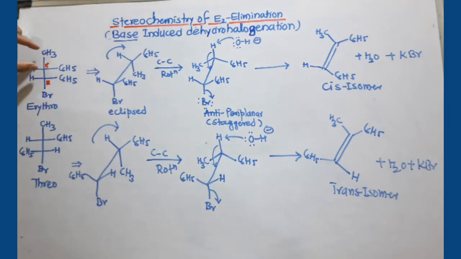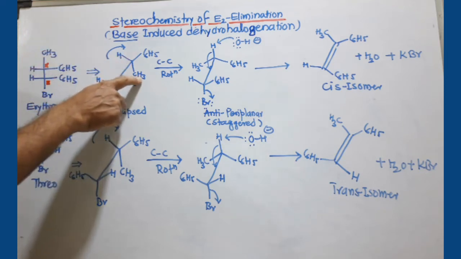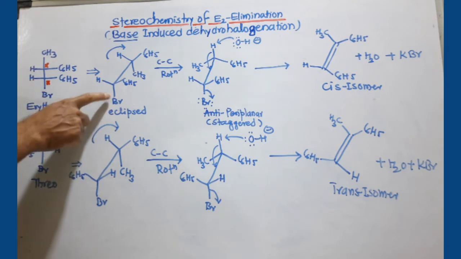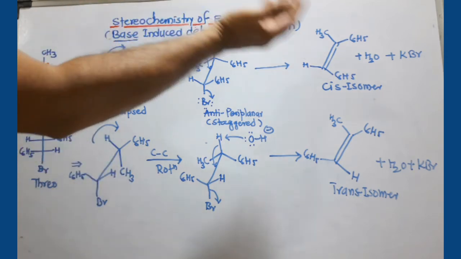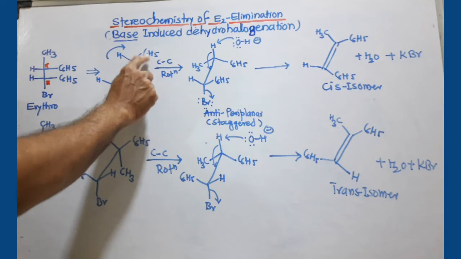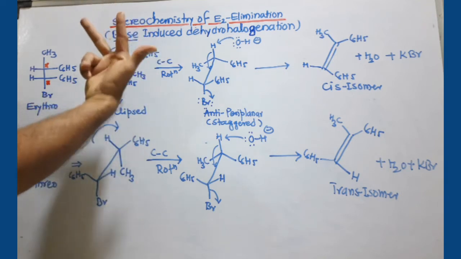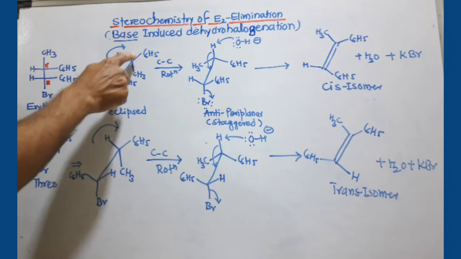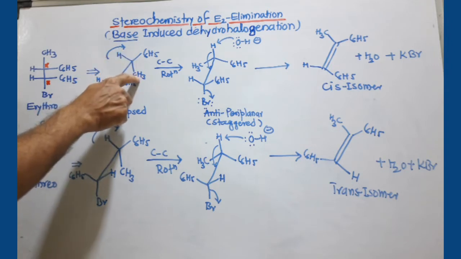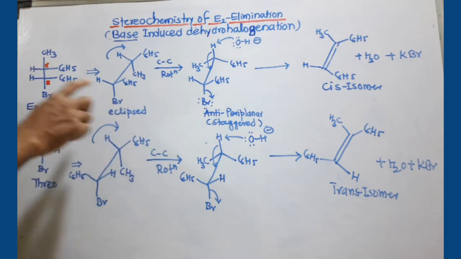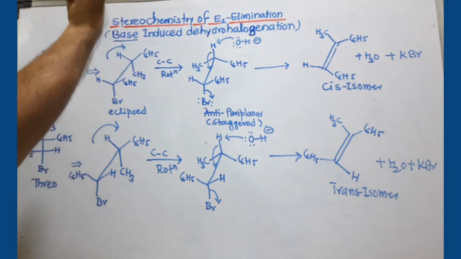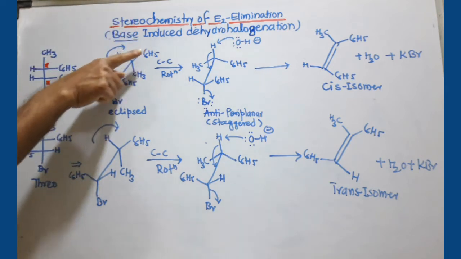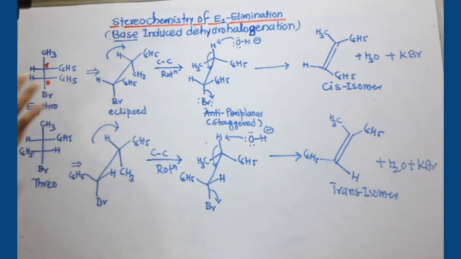Now see, as I mentioned earlier, these terminal bonds are actually lying below the plane. So because of this CH3 will go down, and this terminal bond is also going down because it is lying below the plane. These two bonds are actually above the plane. So C6H5 toward the right hand side. So I have represented this here, and H, they are actually projecting above the plane. So this middle line is on the plane. This bond is lying behind the plane or below the plane. This is also below the plane, and the remaining atoms or groups on the horizontal line are projecting above the plane. And you can see all bonds are coinciding. So this is eclipsed. So Fischer is always eclipsed.